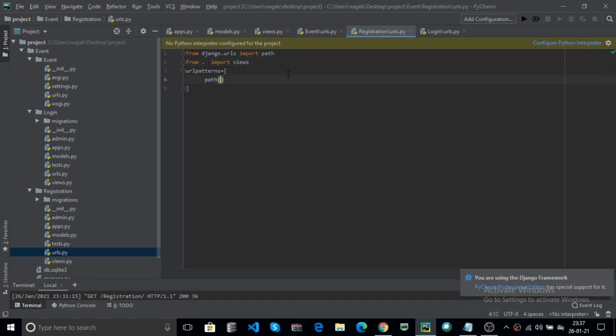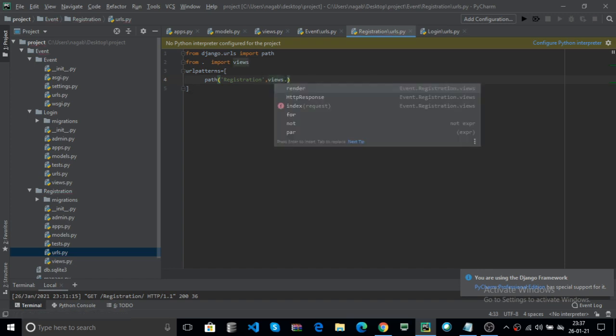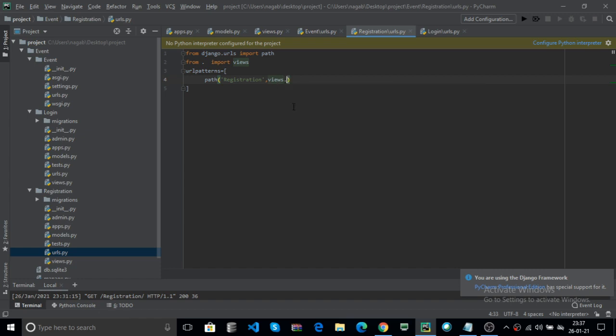Here you can handle your data. For example, this is the home page. You can also use registration, here also it works. Now, for convenience, you can use registration, same as in the previous one. The second parameter is views dot your view name, that is index. The third optional parameter is the name, that is, I pass index as the name. Now finally, end with the comma.